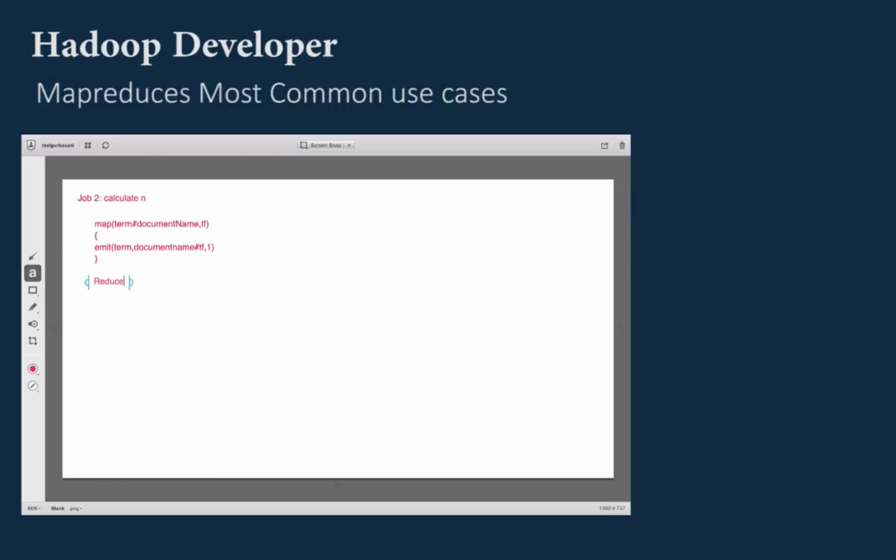In the reducer, we will aggregate the number of documents that had that particular word. So here we are just calculating one, that is which document had this word or not. We were only interested in that. So here we aggregate and our output looks like